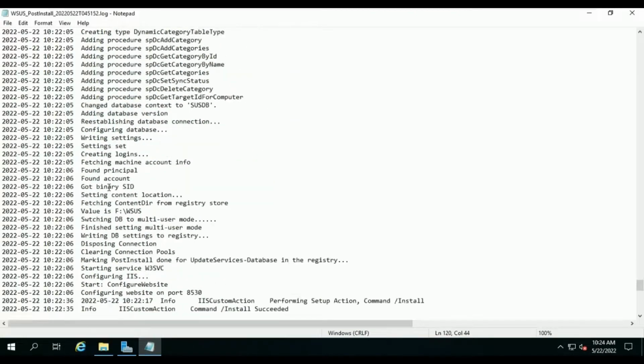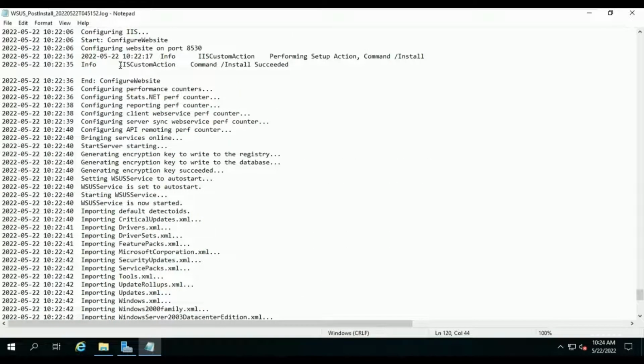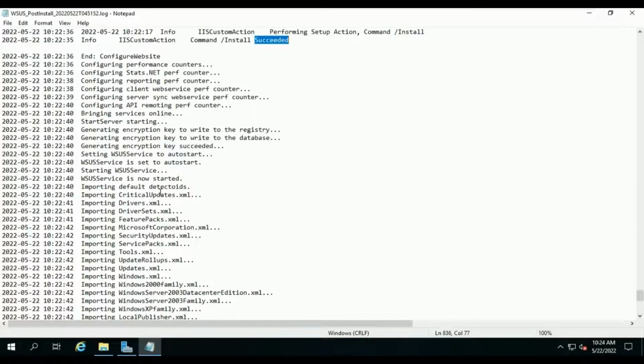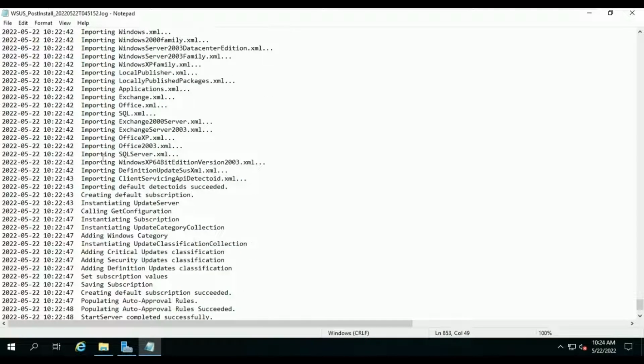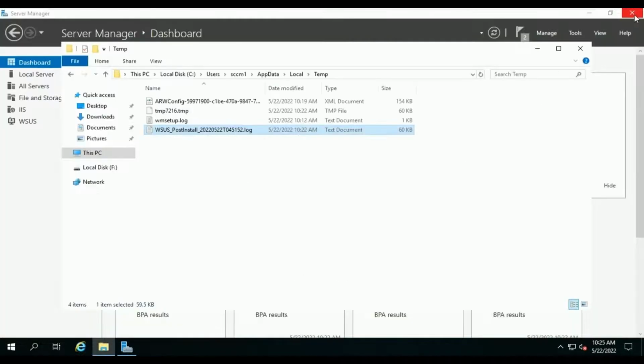Then we can see starting WSUS and IIS services with command line install succeed. Then importing tables and etc. And at the last you can see the post install completed message.